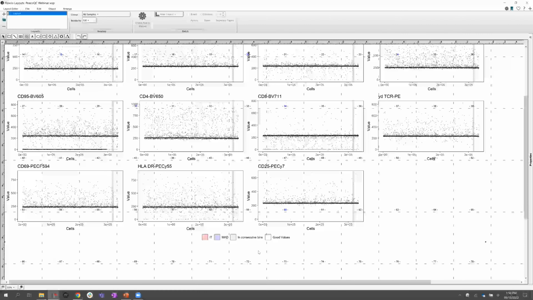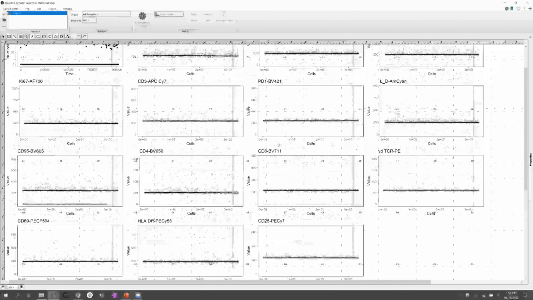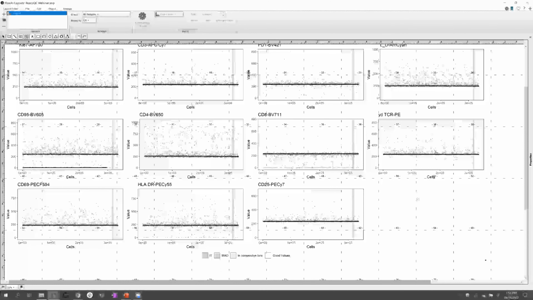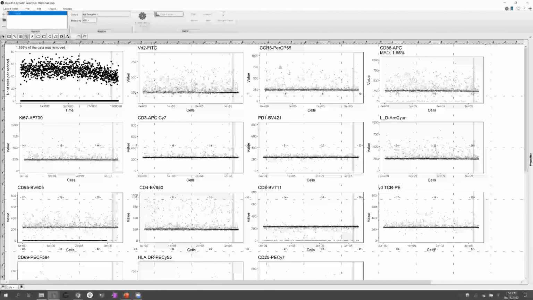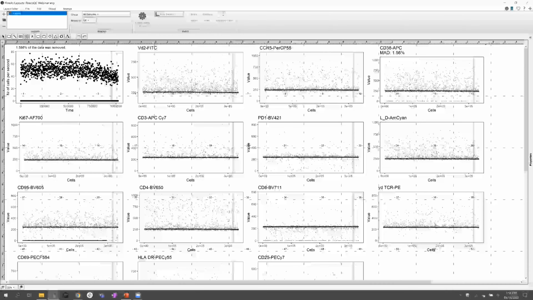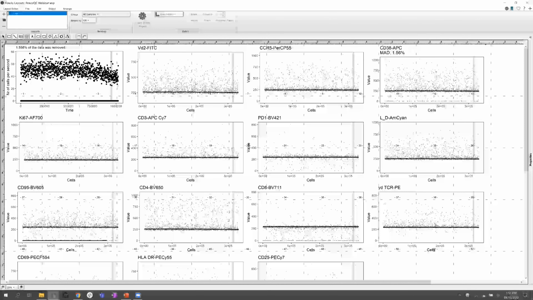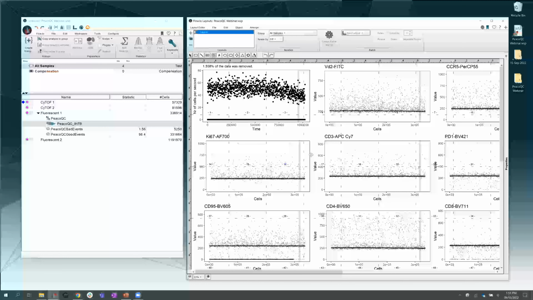So if we scroll to the bottom, we can see good values that were kept in white, values that were removed during the MAD check, and values that were removed during the isolation tree check, right? Which in this case, I didn't have any come from there, but I did have some come from the MAD check, right? So that individual channel check, right? And I can see the parameter that might have been the culprit for that, which in this case was my CD38 APC. And so it found a region where there might have been some deviation from the median. So you can see that as a report, but if you don't want this in your layout editor,